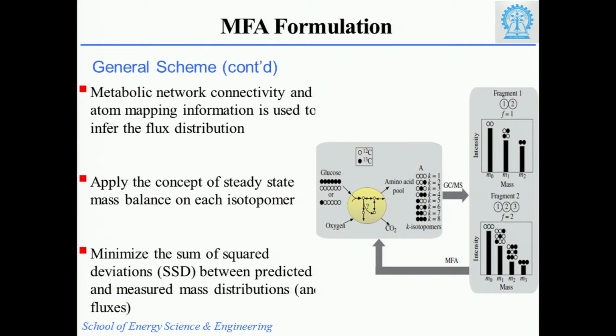So, what you require is a metabolic network. It can be a genome scale metabolic network or a small central metabolic network, whatever organism you are actually working on, you have to consider the metabolic network for that system, and then you infer the flux distribution and you apply the steady state mass balance for each isotopomer. So, it is the same concept you use in FBA, where you assume a steady state approximation. Here also you use the steady state approximation where you have no metabolite accumulation,